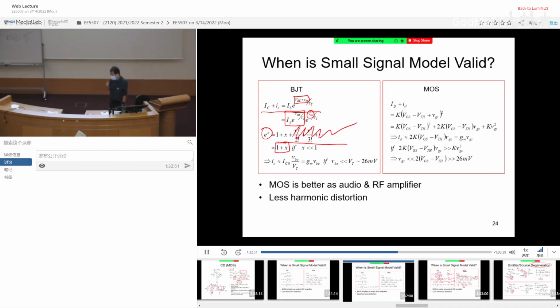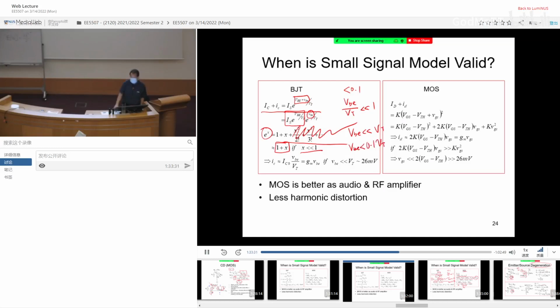And this would be considered a good linear approximation. But that is under the assumption x has to be much, much smaller than 1. Now usually, much, much smaller, a rule of thumb, let's say less than 0.1, 1/10. If x is less than 0.1, that is considered much, much smaller than 1. What we have is VBE over VT much, much smaller than 1, which means VBE has to be much, much smaller than VT. So if we want to make sure it is 0.1, then it means your VBE better be smaller than 0.1